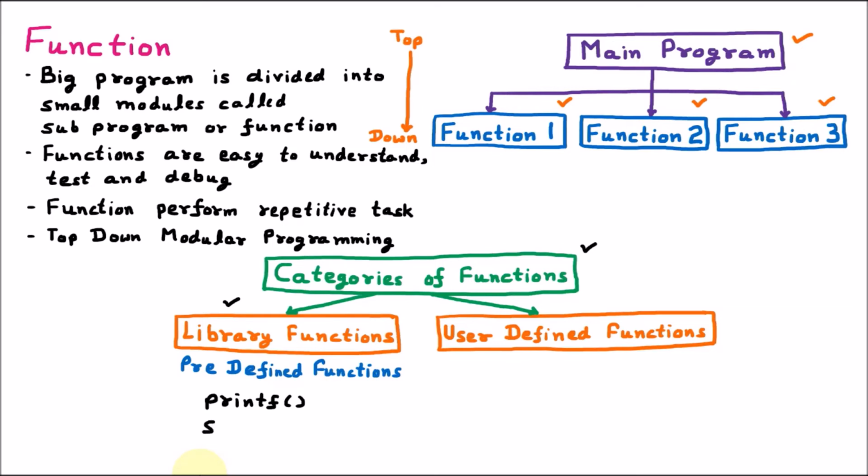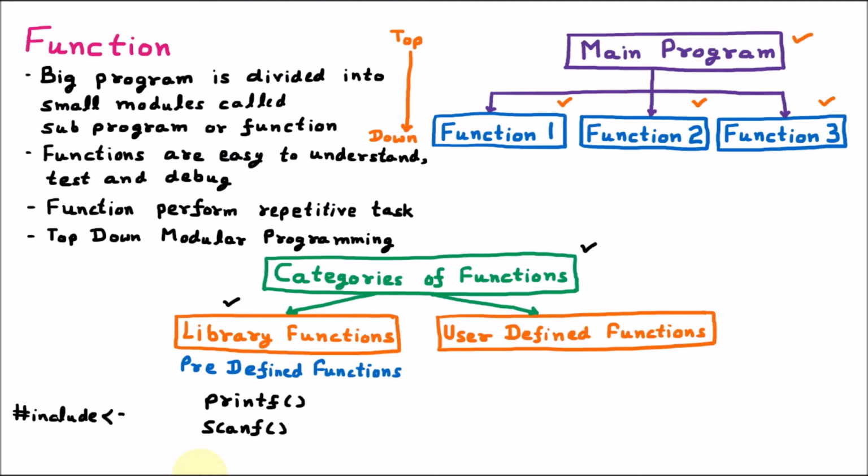And similarly, we have a function like scanf. That function is also inbuilt because its definition is already given. Simply you write printf and it prints on the screen. Simply you write scanf and you take the input from the user. So they are the predefined functions. Their definition is given. And to use these functions, we need the library, meaning the header file. That header file we include by writing hash include, which is the preprocessor directive to include the header file.